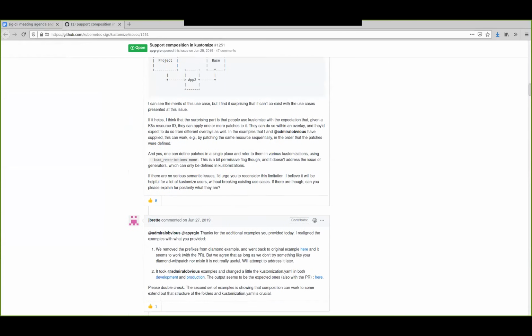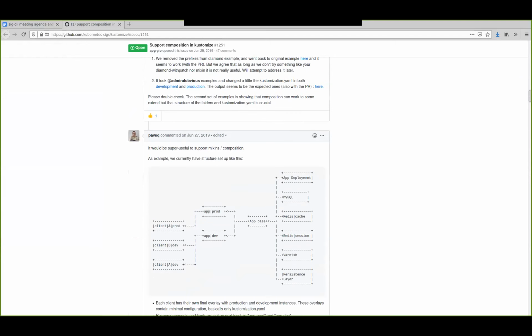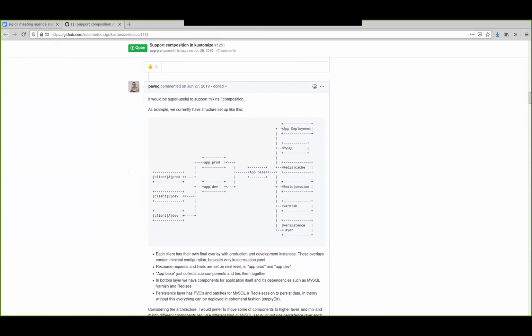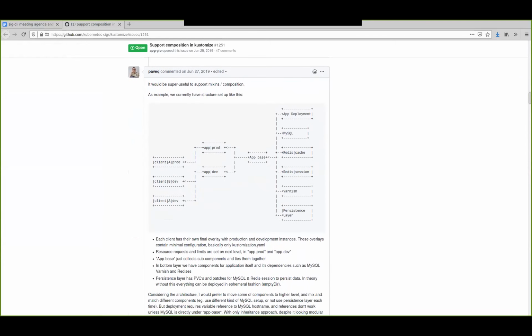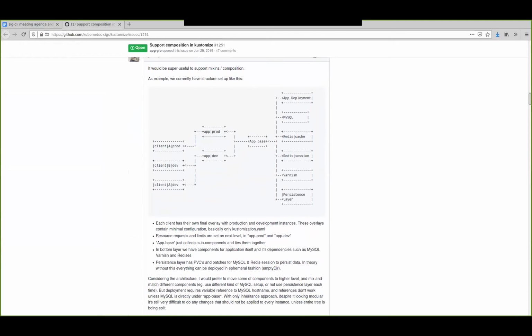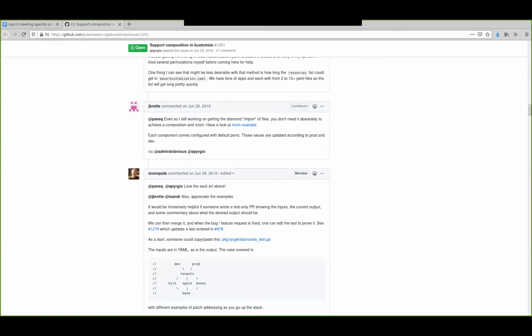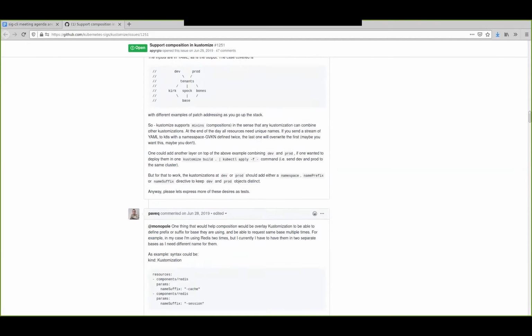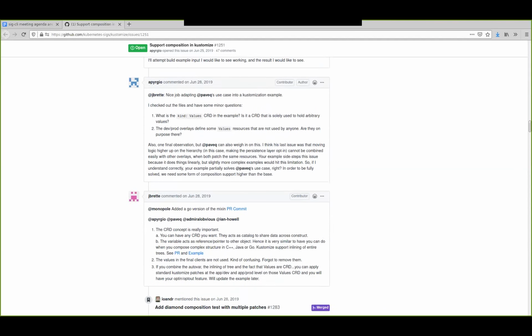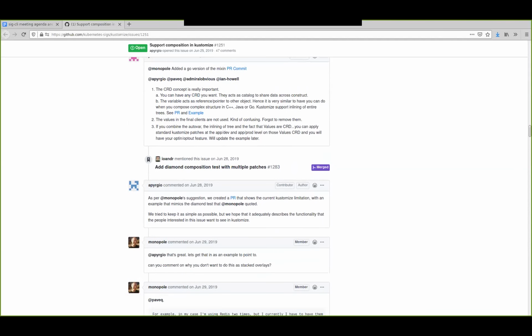One is that you want to have some base, which is like my Spring Java backend service or something like that, right? Which defines most of what a Spring Java backend service is, and then maybe you switch out the config map. It references the image name and the resources or something I could imagine.